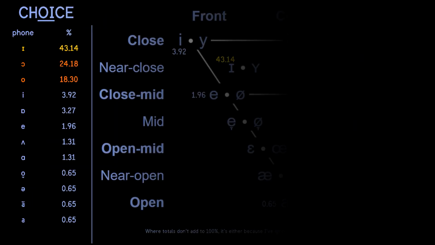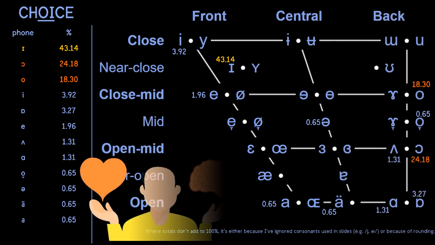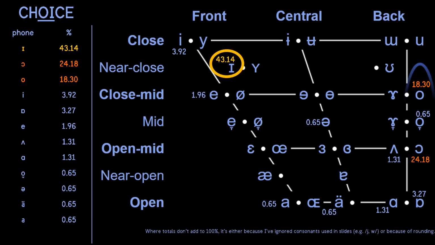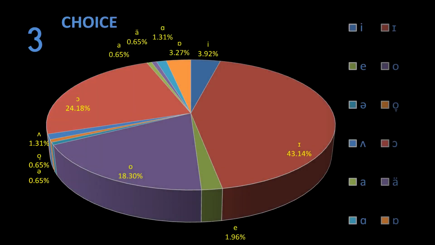The choice vowel leaves little up for discussion. Is anyone not comfortable using ors-yor for the choice vowel? If so, please explain why with reference to both its pie chart and its vowel space diagram. If you make a video about it, please tag this channel so we know to watch it.